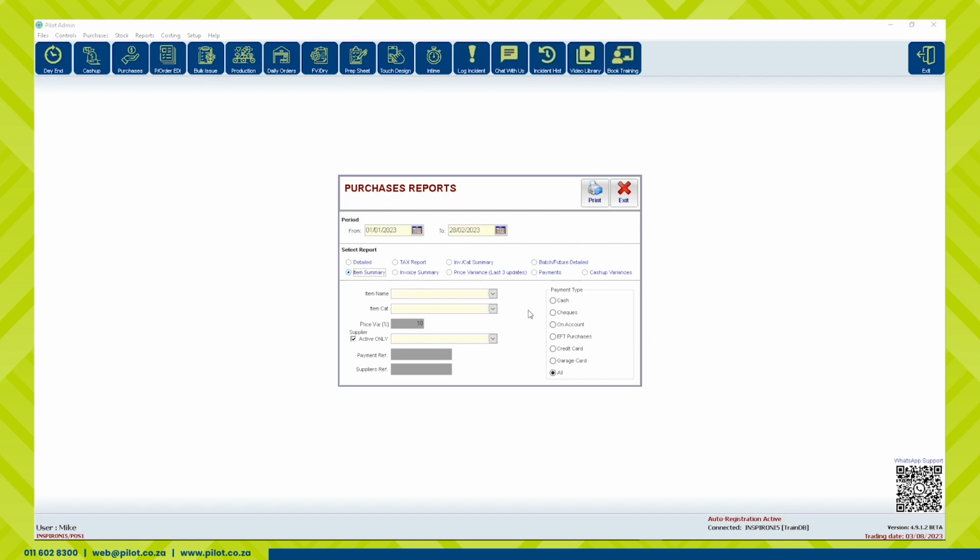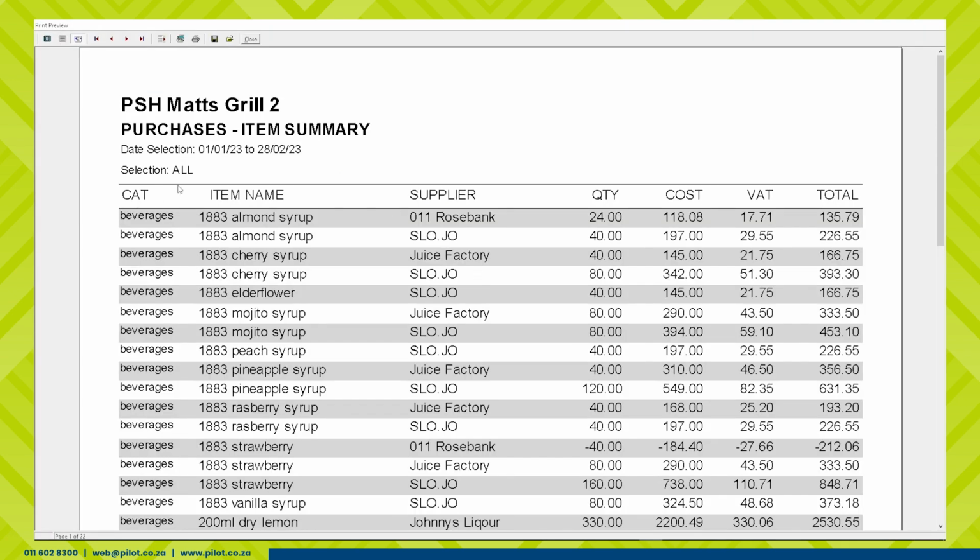Next is Item Summary. This report, as seen here, will list the category, item name and supplier here, with quantity bought in and cost totals. This does not categorize by date, so when seeing multiple entries, this will refer to multiple dates that this item